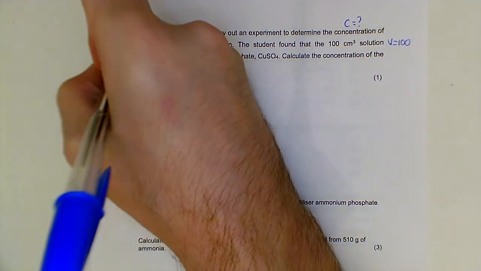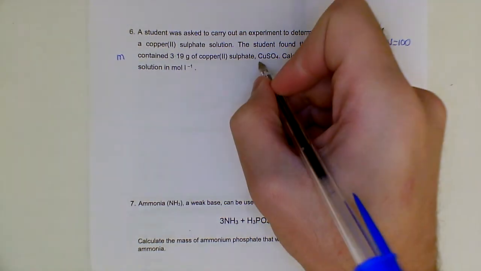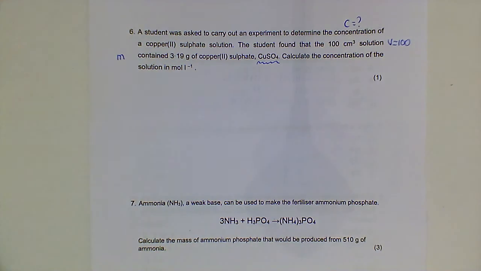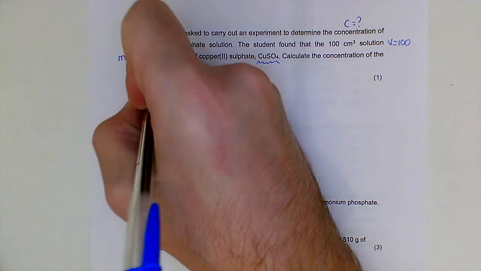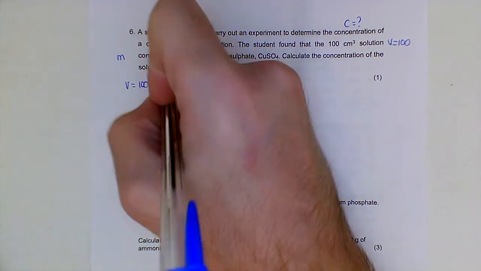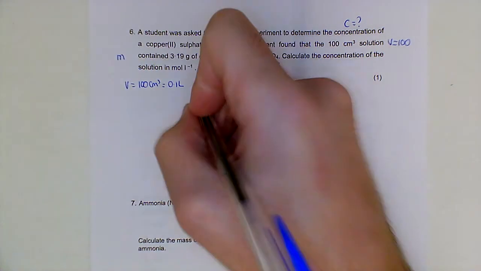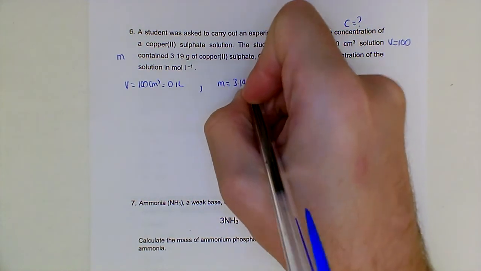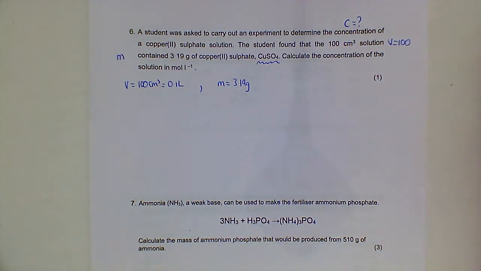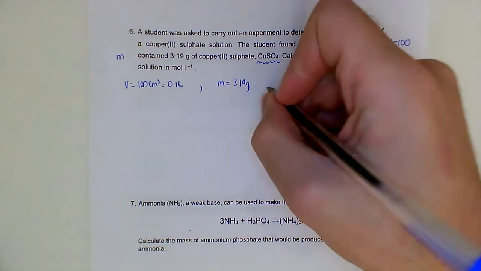So that's a volume, and grams, that's a mass. And I've also got a formula. So the information I've got: a volume equals 100 centimetres cubed, which is 0.1 litres. I know that my mass equals 3.19 grams. And I know that I've got a formula,